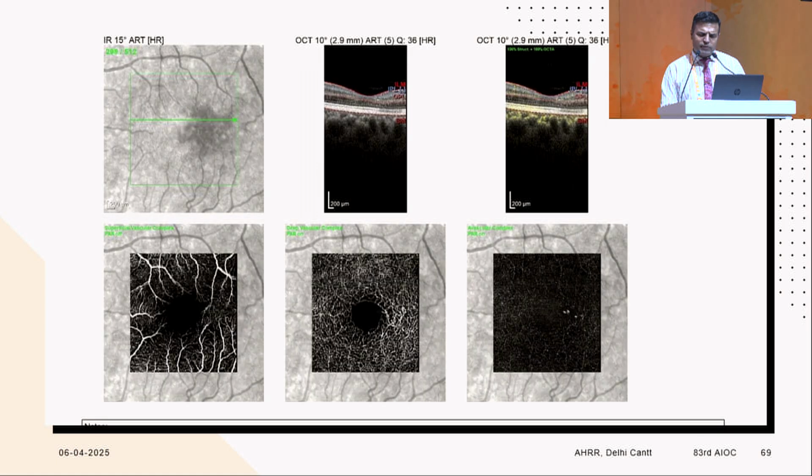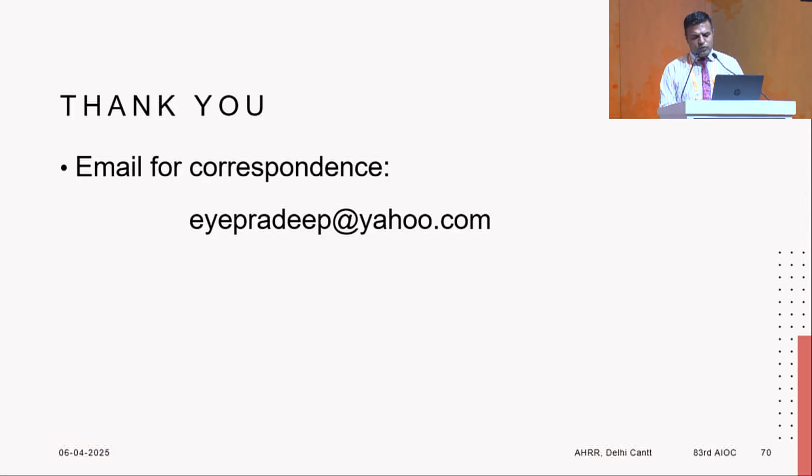We still did not believe that the patient had developed MNV, though the patient did complain of increasing metamorphopsia. Three months after that, you are able to pick up these hyperreflective signals in the avascular zone, the metamorphopsia is increased, and these patients do respond to anti-VEGF therapy. So I will conclude: keep hunting for macular telangiectasias in your OCT angiography images.